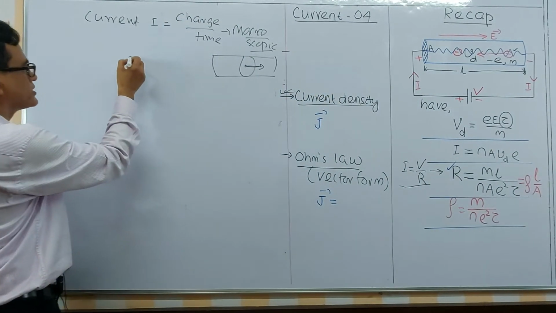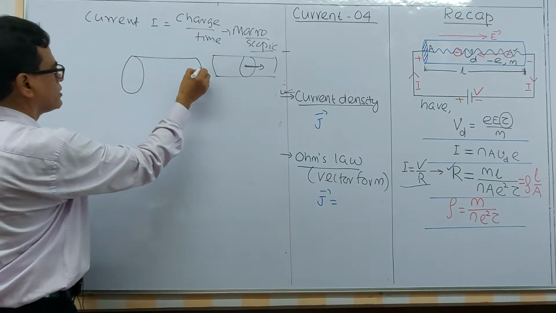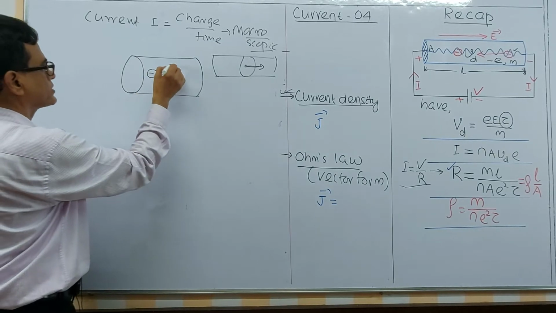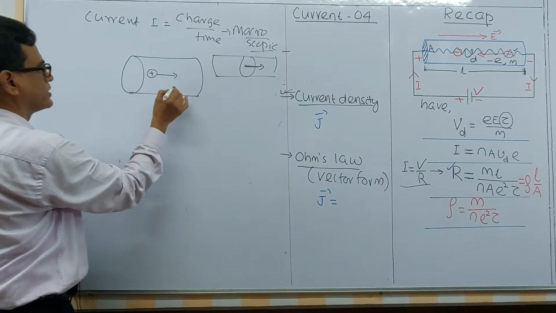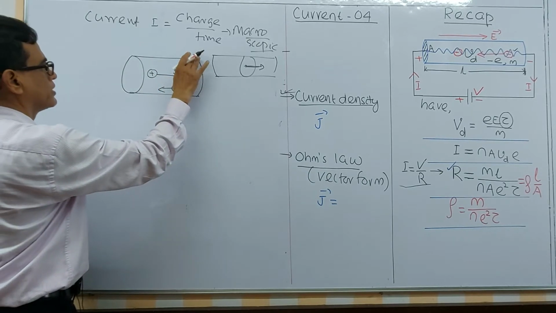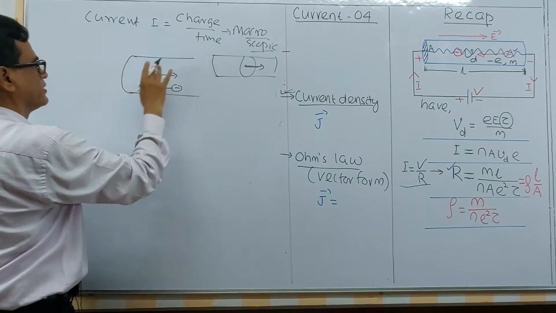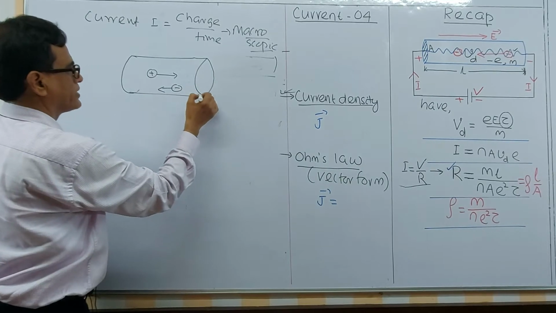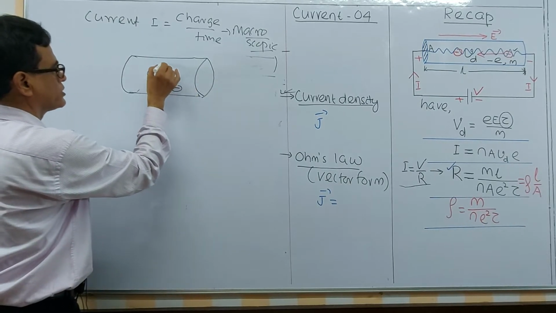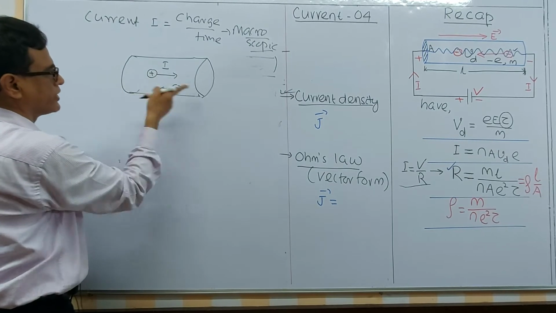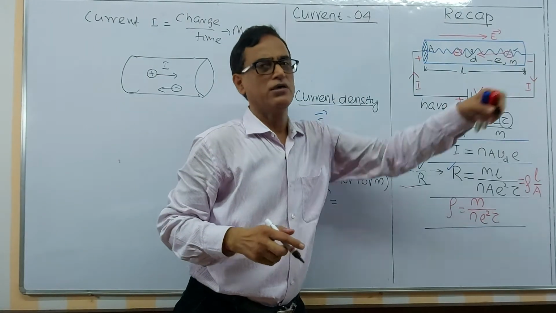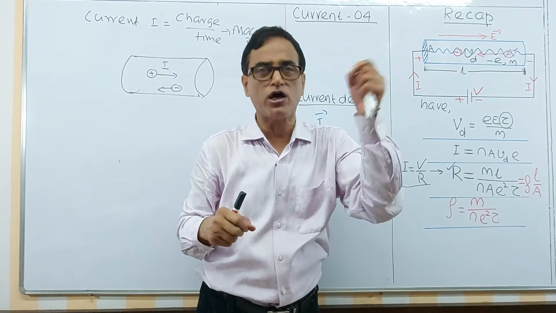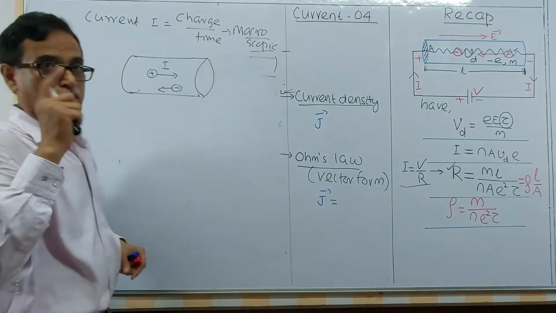So this is a conductor, for example. Now we can say the electron moves in this direction. Here, let me take this side. Follow this one. This is a conductor, and I am taking this cross-section area. This is the direction of current inside the conductor, as I have taken the current from plus to minus. Current is a macroscopic, larger concept, and a microscopic concept is smaller. Current is a macroscopic concept.